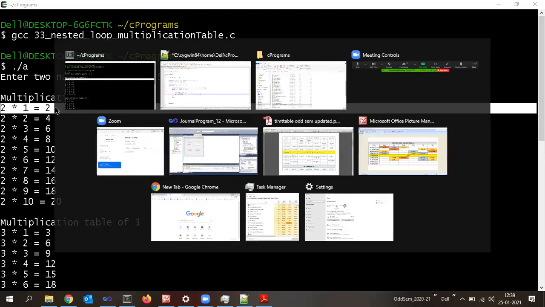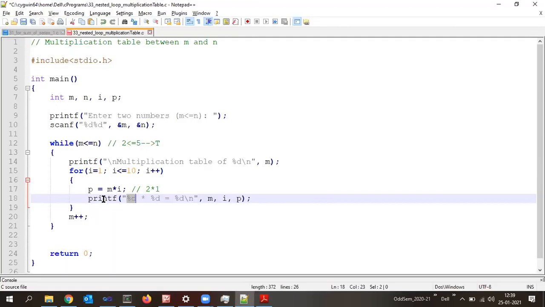Now after this statement is executed, where does the control go back to? Updation of what? For or while? For loop. So I plus plus. Now next time I becomes what? 2. Is 2 less than or equal to 10? True or false? True.